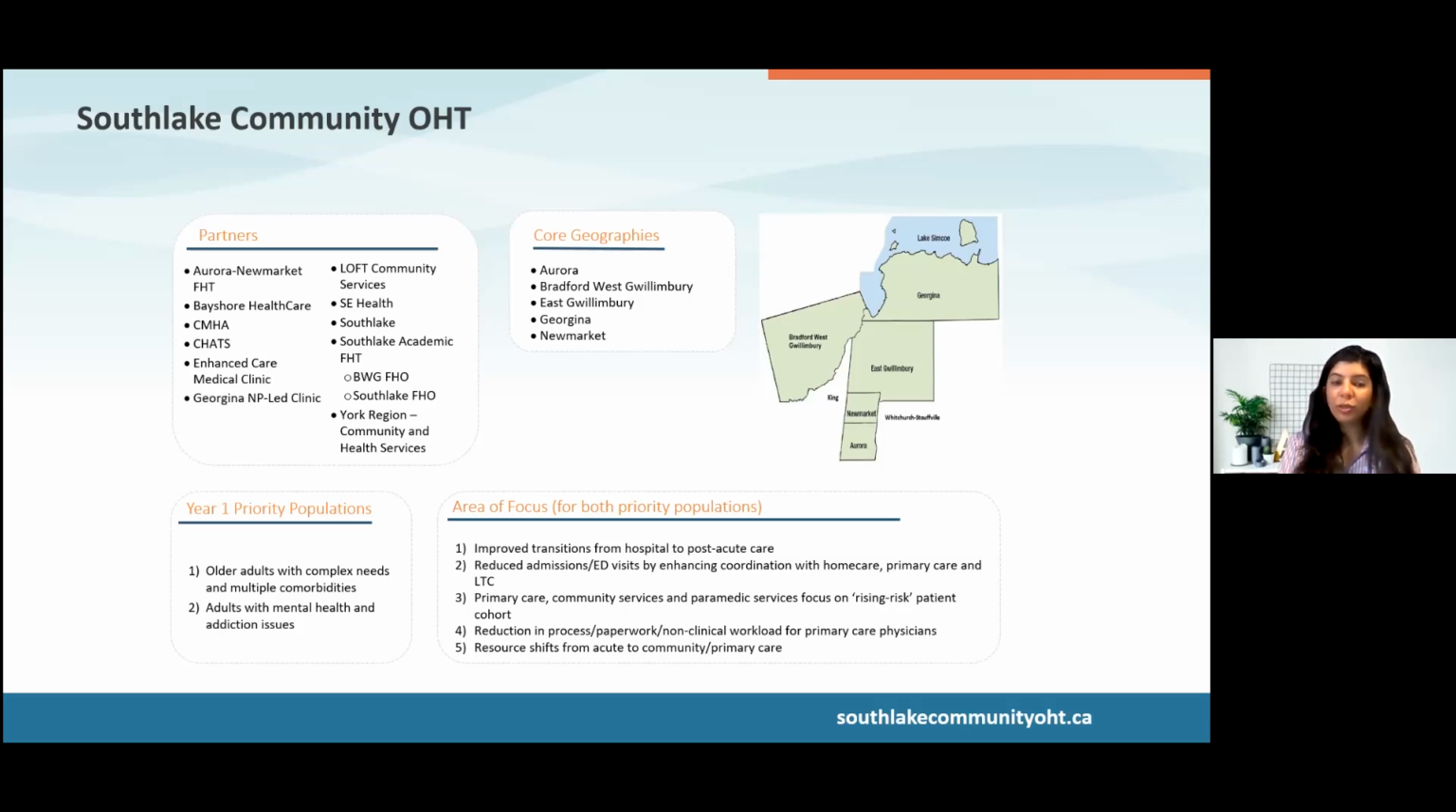And the third was resource shifts from acute to community and primary care. So as you can see, a very tall order, a lot of work to be done. And in order to narrow down our scope, we decided to focus in on transitions from hospital to the community as our first step. So within that, we are fortunate enough to have a transitions working group that's actively working